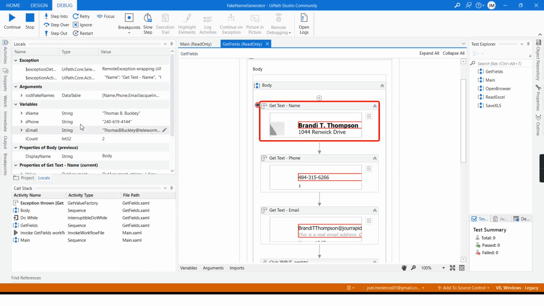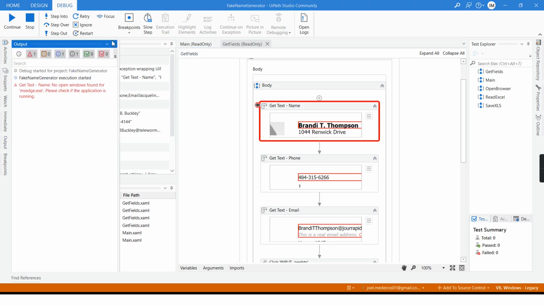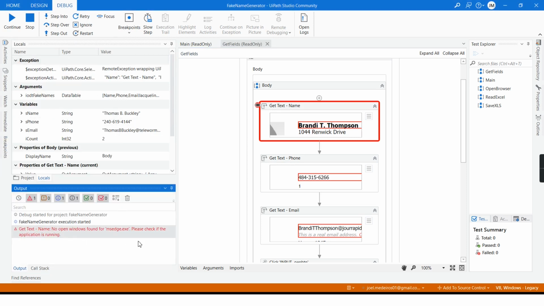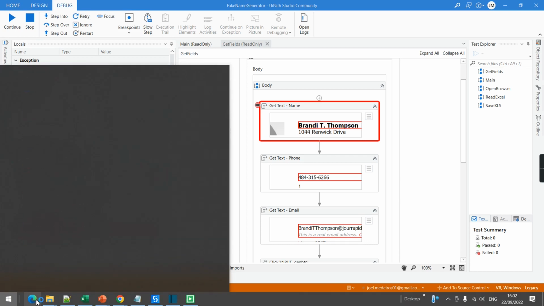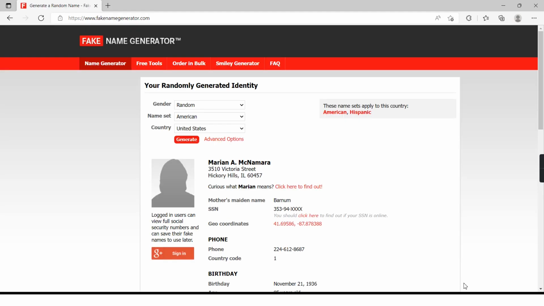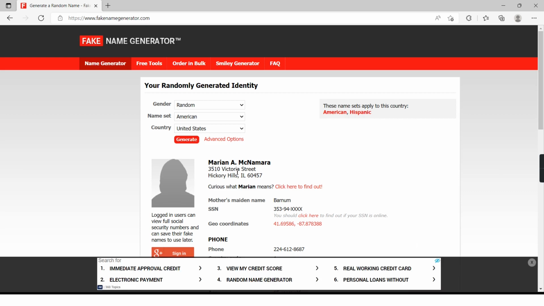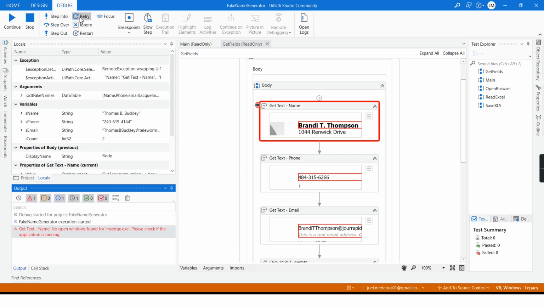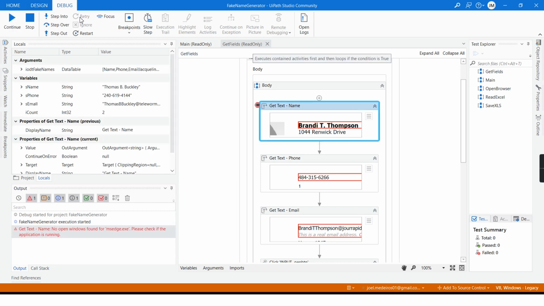And we got an error. Notice that on the output, let me fix this output here, we have an error, and the ignore and retry was enabled. I will open the browser and then click retry. Now the browser is open again. The name has changed, but that doesn't matter for this test. And I will retry. See, the task already retried and worked. I can step over again.